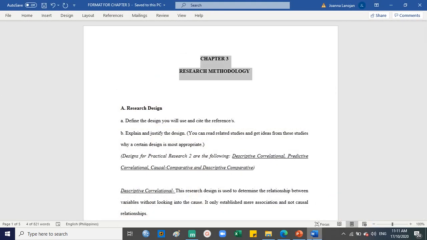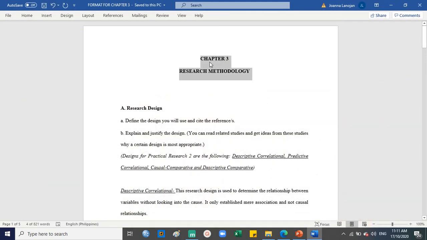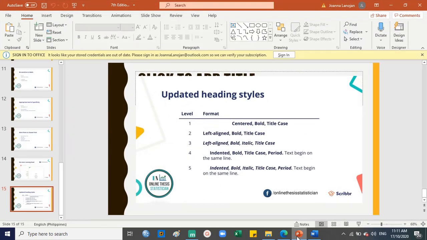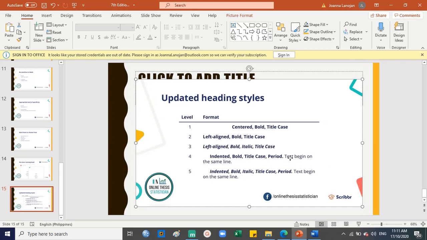So centered and bold. We can also have left aligned, bold, title case, like left aligned is left, right, and left, right. It's left and bold. Also left aligned, bold, italic, it's fine. Indented, bold. So there are actually lots of heading styles, but let's stick to the centered, bold, title case